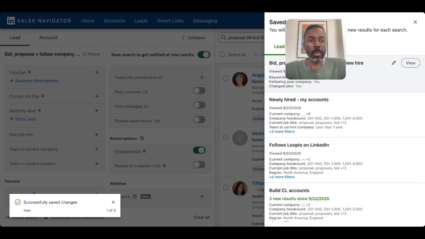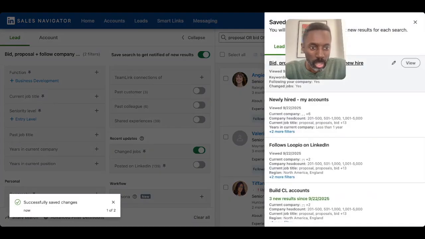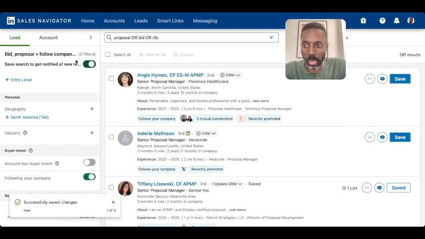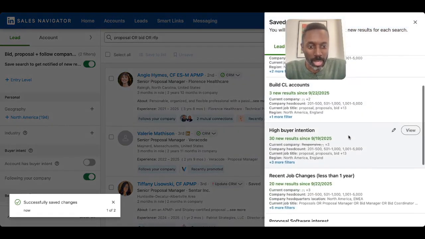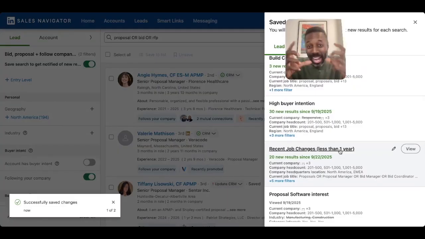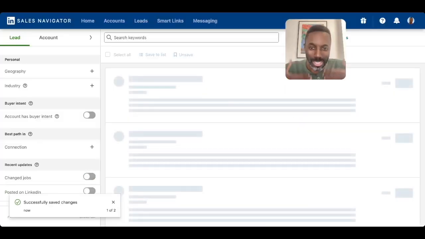That's it. That means that now it's set it and forget it. So every day you come in, you want to do some new prospecting, just come into saved searches, click on that, and you have your list already made out there. Done. And the cool thing about this is that once you save these lists, anytime it gets updated with new people that fill that ICP, it's going to tell you right there, new results. And you click on that button, it's going to give you a fresh bunch of new leads